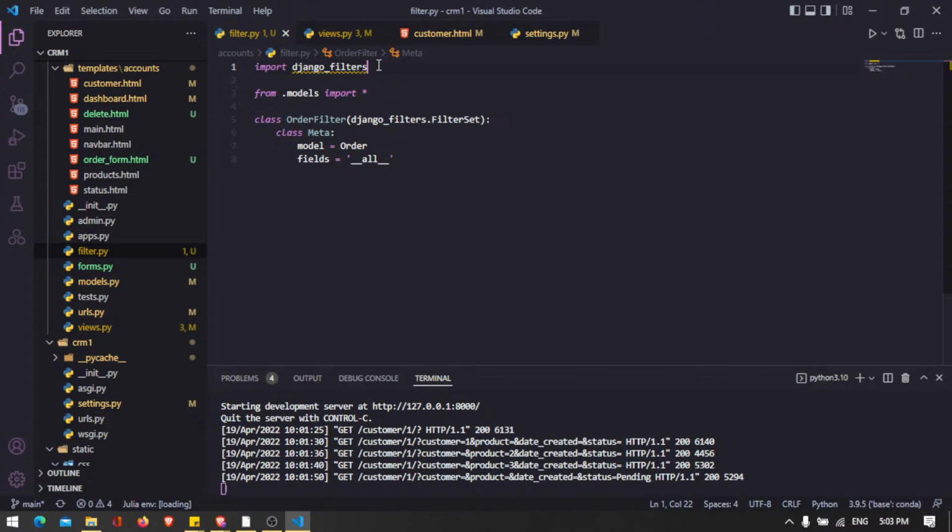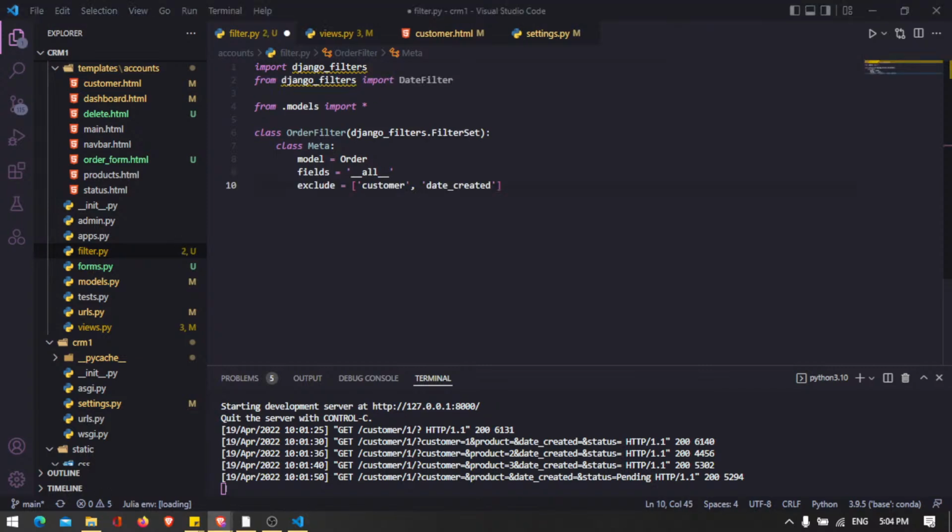So that's how we're able to exclude a field. So even though we say we have all of them, because this is down the line, it runs this command and overrides it. So this needs to be exclude. And now if I open up my filter, there we go. So we have product and status. So let's go ahead and